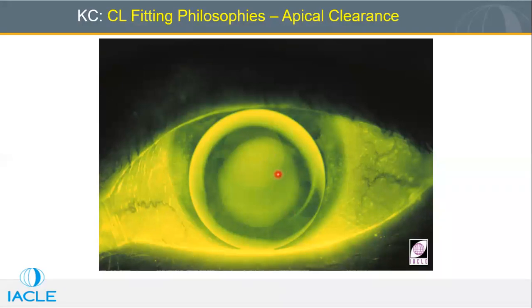फ्लोरोसिन क्यों होगा यहाँ? जब कॉर्निया और कॉन्टेक्ट लेंस के बीच में गैप होगा तभी हमें फ्लोरोसिन दिखेगा, क्योंकि वहाँ फ्लोरोसिन टीयर्स के थ्रू जाके एक्युमुलेट होगा. सो दिस फिटिंग इज एक्सेप्टेबल या नॉट एक्सेप्टेबल? दिस काइंड ऑफ पैटर्न एक्सेप्टेबल है या नहीं एक्सेप्टेबल है? Acceptable. दिस इज नॉट एक्सेप्टेबल.